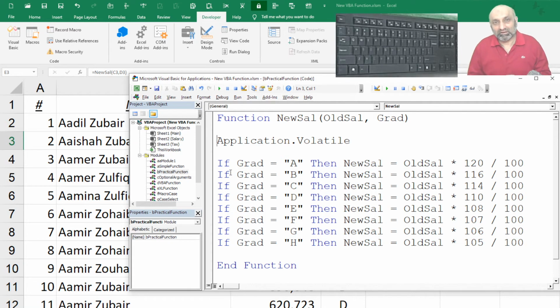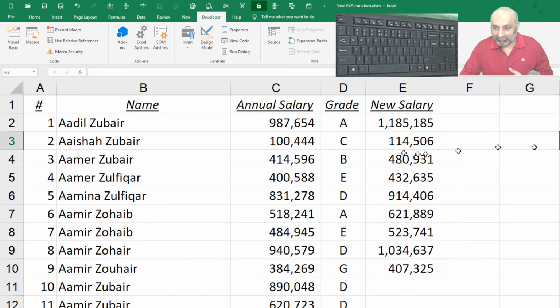But if you ever experience that your function is not getting calculated when needed, you can use application.volatile. This will make sure that whenever Excel runs a calculation, this function calculates itself, whether or not there's a change in parameter.